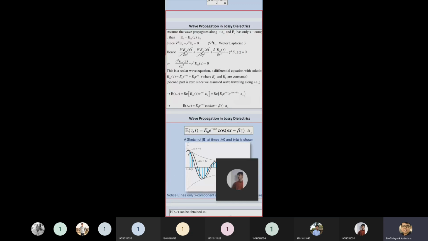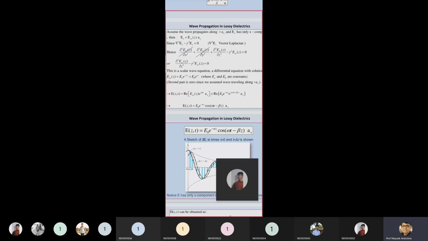Plus, it may be possible that the signal is moving in the opposite z direction, meaning the minus z direction. That's why you can write E0 e raised to gamma z. The minus minus becomes a plus, so e raised to gamma z. It doesn't mean that your amplitude will be exponentially increasing. Remember it, because E0 is multiplied with e raised to gamma z. So e raised to gamma z is exponentially increasing, but in which direction? It's in the direction opposite to z.